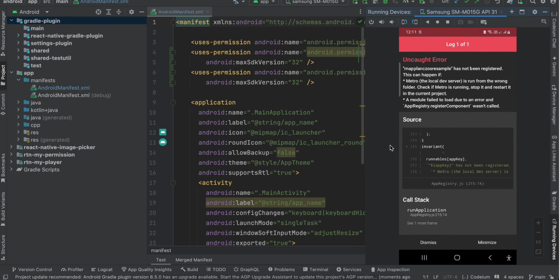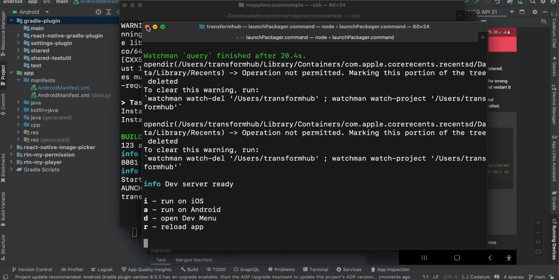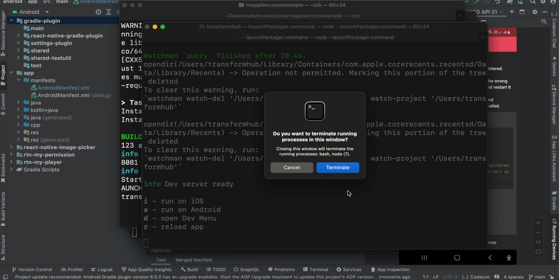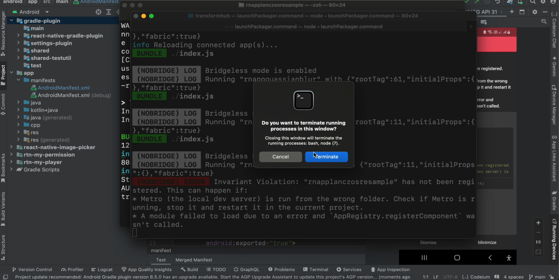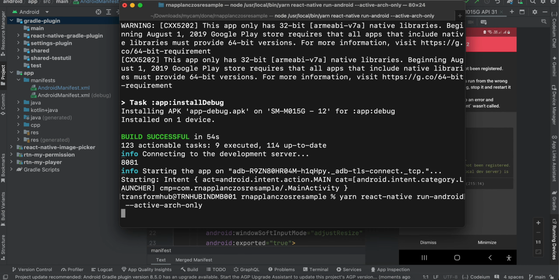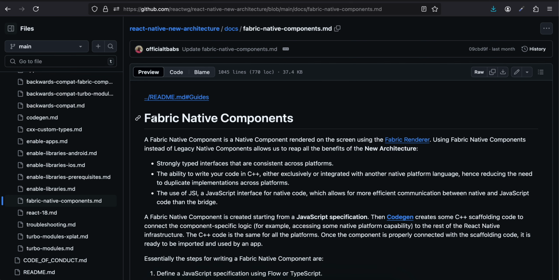Okay, so I think something went wrong. I'll just quickly run the application again. I'll just stop my Metro bundler. I think there is some... okay, I'll just run it again. Anyways, I'll show you the output in a bit, but what you can do is you can open this